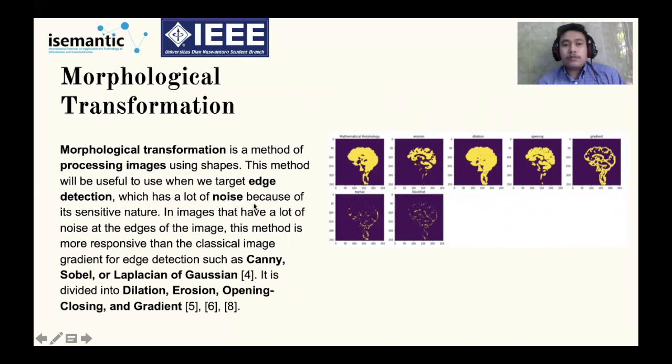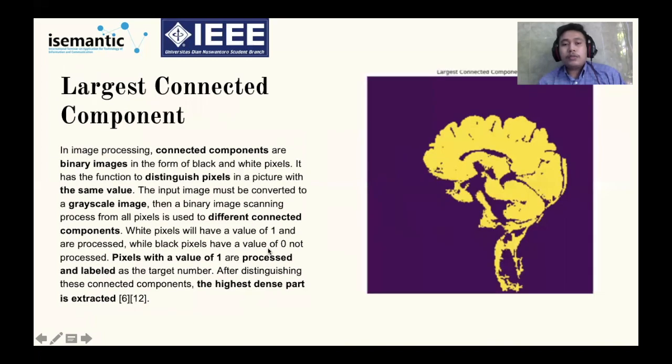Morphological transformation is a method to process edge detection and to remove noise from an image. There is edge detection such as Canny, Sobel, or Laplacian of Gaussian. It is divided into dilation, erosion, opening, closing, and gradient. Then the largest connected component.